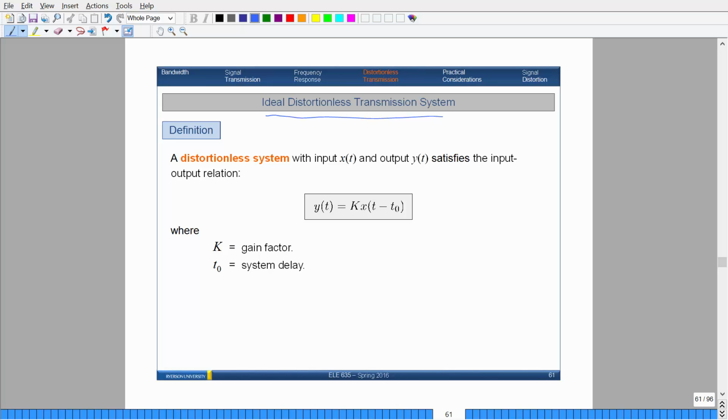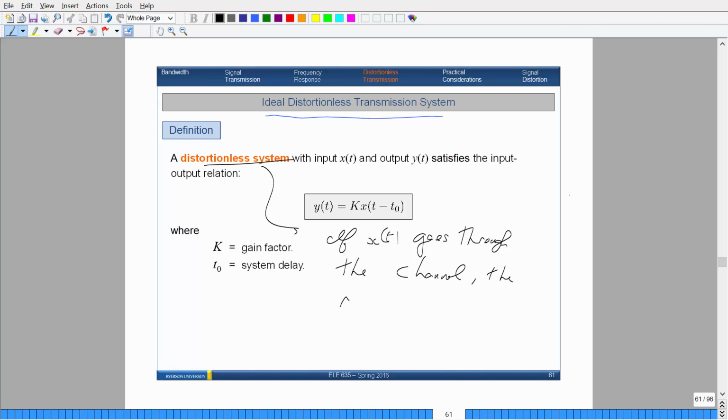So you ideally want to have a system where the channel doesn't have any distortion, or doesn't modify the signal as much, so you can actually recover the signal quite accurately. Okay, so a distortionless system means that if you put your signal in through the channel, the output should satisfy this constraint. Okay, so what I mean by distortionless is that if x of t goes through the channel,